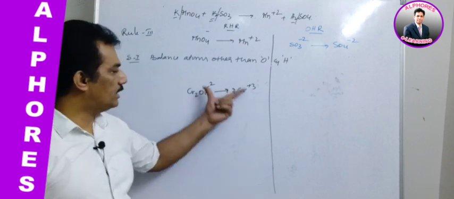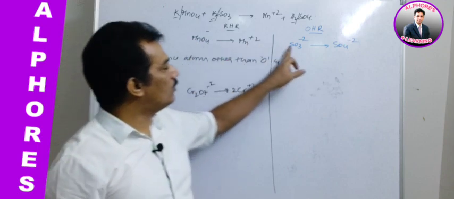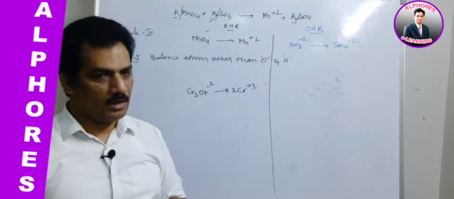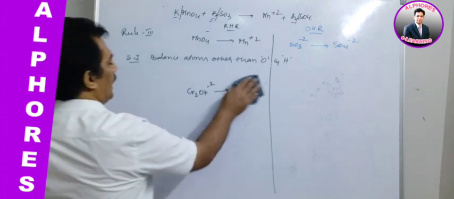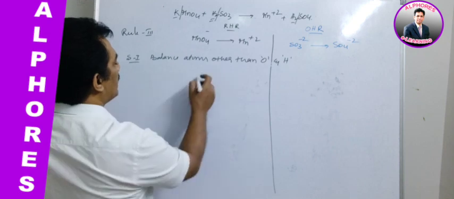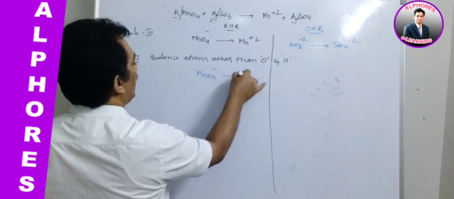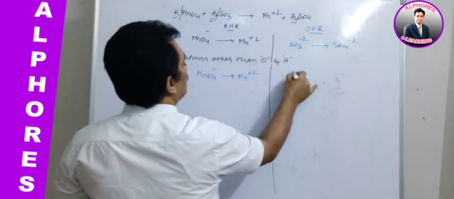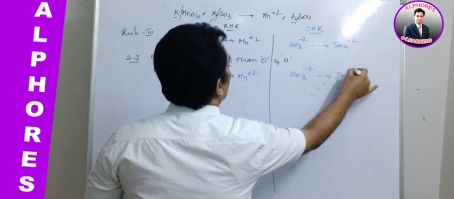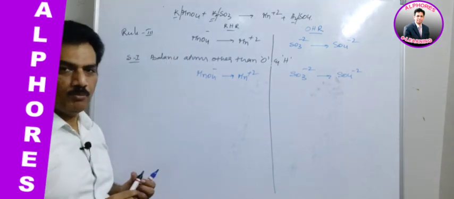Clear? And thereby like this you can use it if required, but here when we attempt to balance that, there is no need to balance. Clear? And that is step 1. That means without any balancing we are getting the equations MnO4 minus giving Mn plus 2, SO3 minus 2 giving SO4 minus 2. Directly we are getting this without any balancing process.